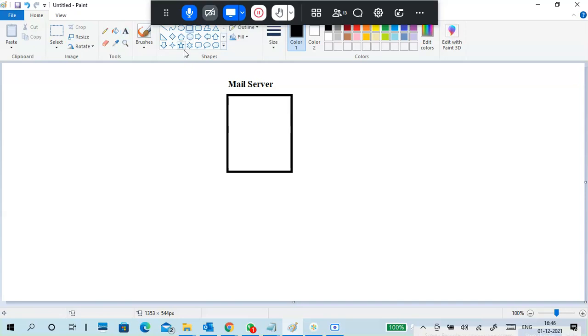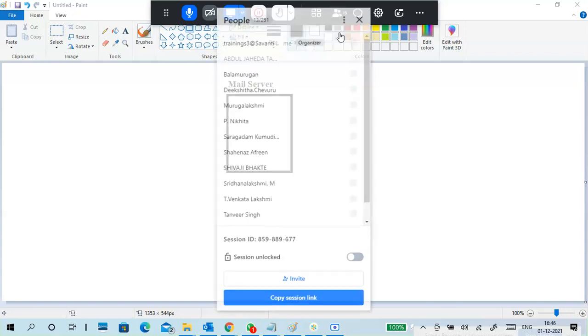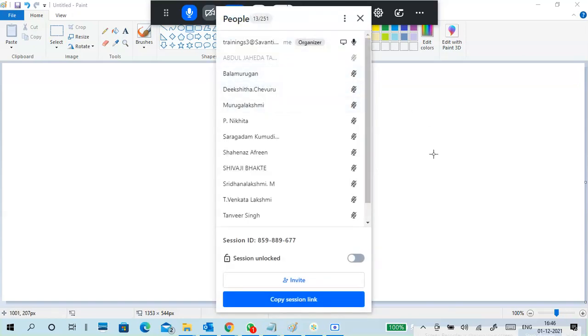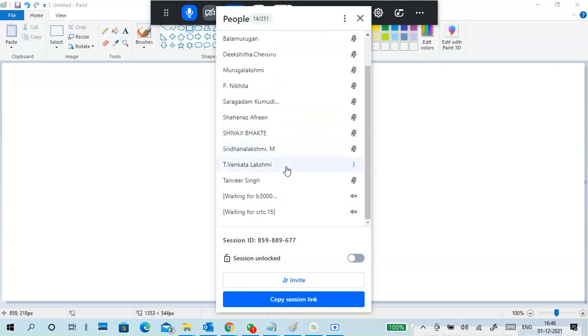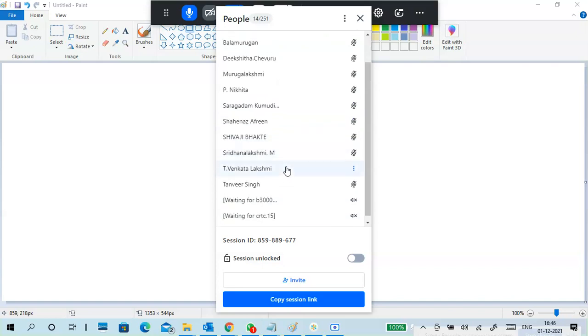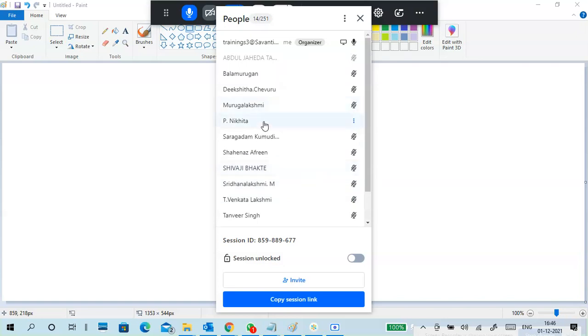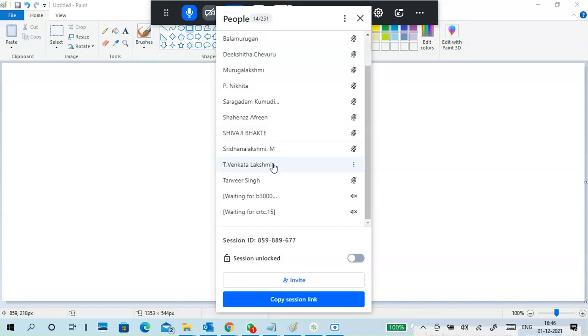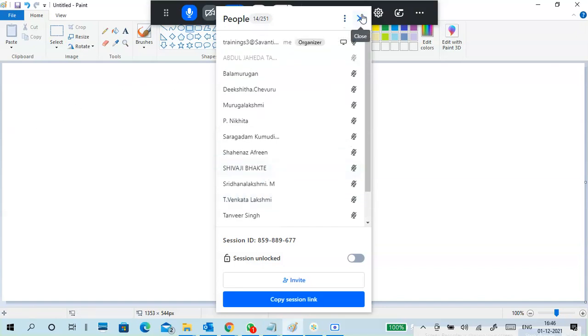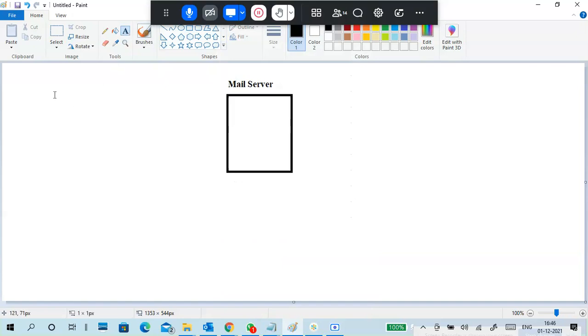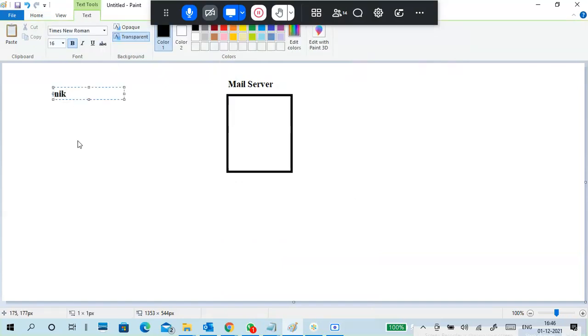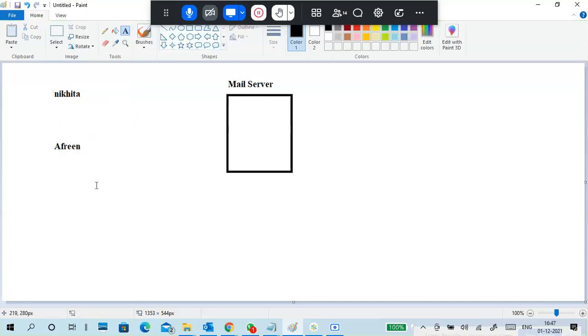Okay. Next. So here I'm taking some names. Nikita is there. So Nikila or Nikita. Okay. Nikita, Tanvir, some easy names. Earlier Hindu is there, na? Yeah, Nikita. Okay, Shivaji, Nikita. I need two names. Afreen, very good. That is also an easy name. So Nikita. Okay, Afreen. Two names we take from there.